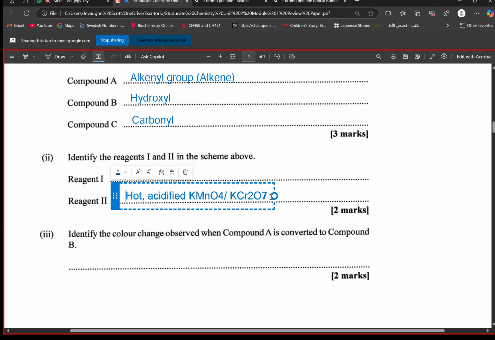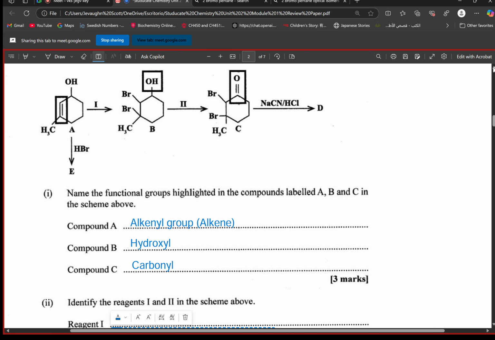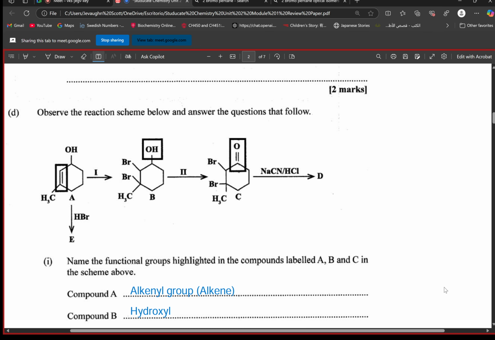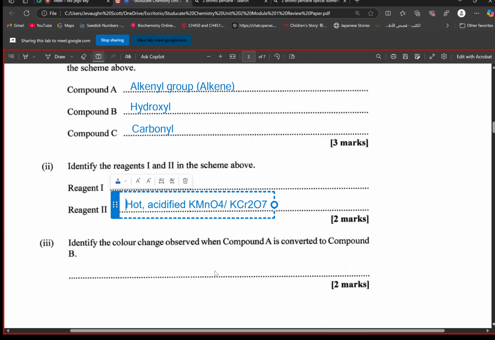Identify the color change. First of all, from compound A to compound B, what is the color change? Let's see what's happening in compound A and compound B. From compound A, because you add the bromine, it's going to be dark, like a red brown. Compound B should be fairly colorless. So it's really decolorizing. It's literally the same thing as before. Red brown,